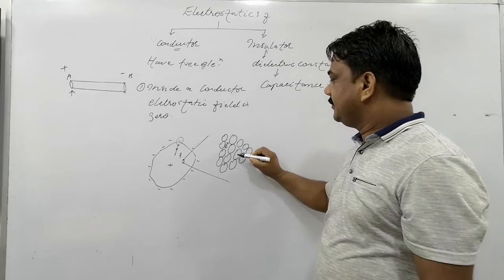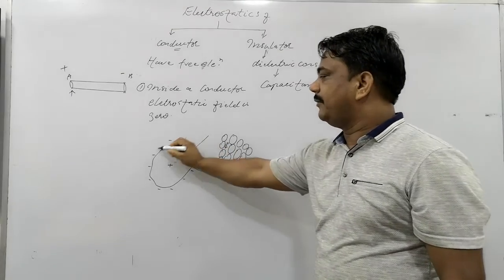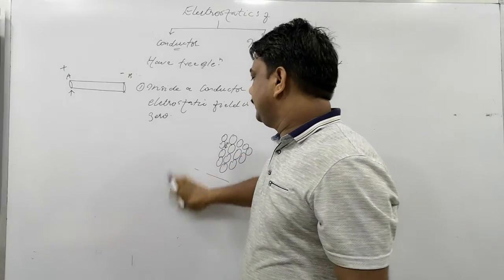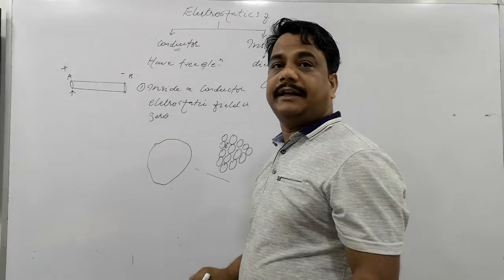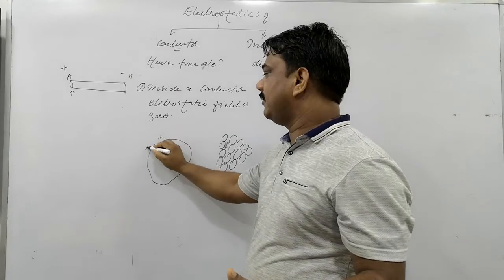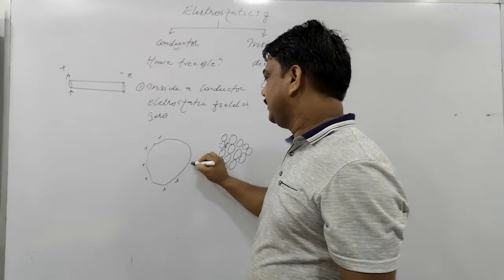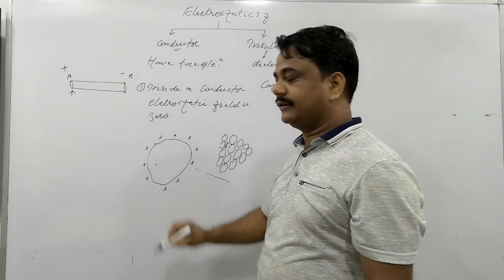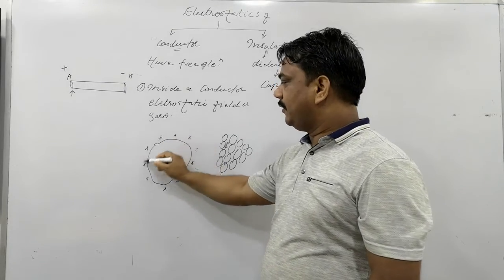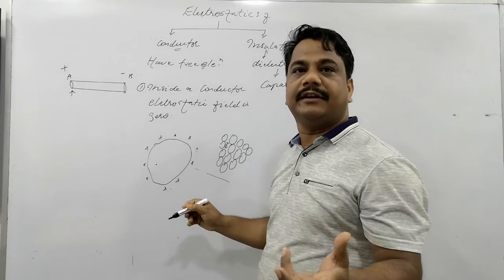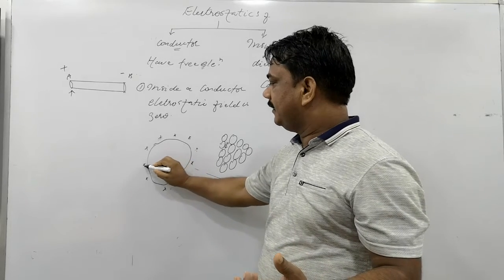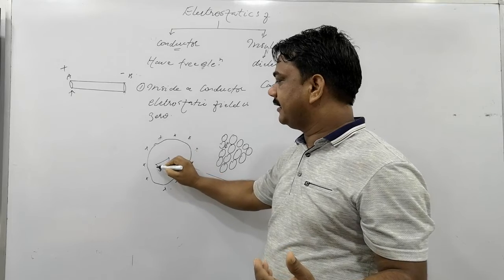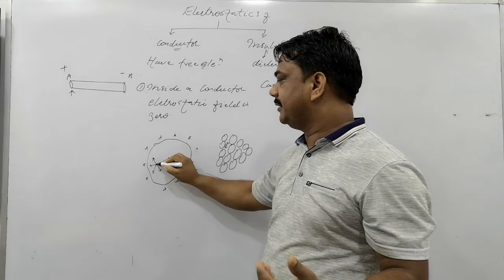If charge is given to the conductor, what will happen? The charge is spread throughout the surface. Is that clear or not? And there is an interior point inside the conductor. The electric field due to all sides of the positively charged conductor will be in a different direction, repulsive. The electric field will have a different direction from each side. You may understand this here.